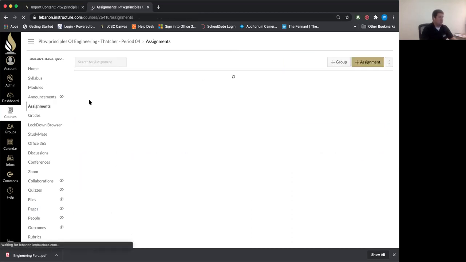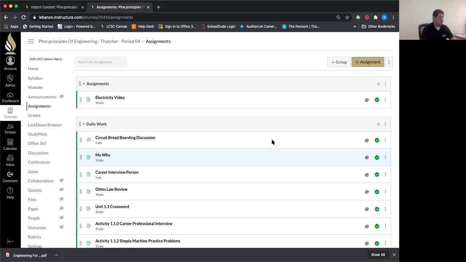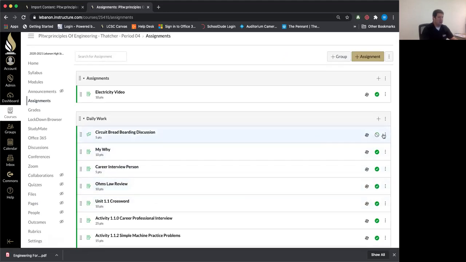So for example, if I'm on an assignment here and I've made that for one class, maybe I didn't cross list a class, or maybe I have an honors class and a regular class, but I want to be able to share an assignment back and forth between the two. I have this cool feature called send to and copy to. If I click the three dots on the right side of an assignment here, it'll also do it on a page or a